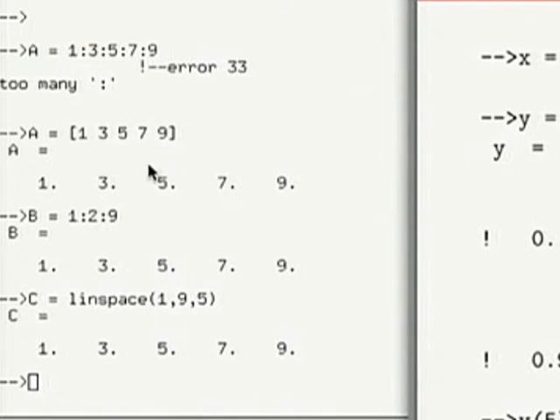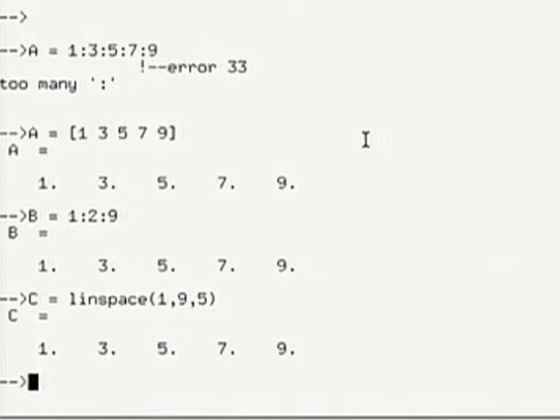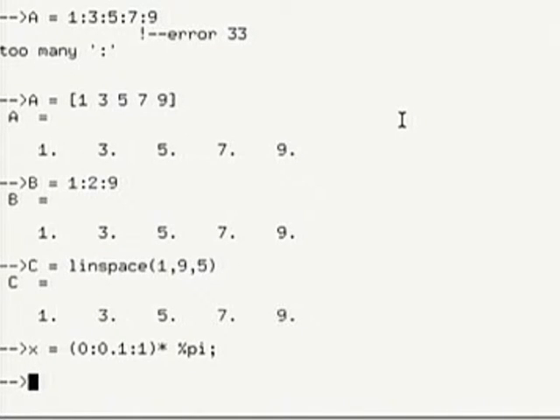The other interesting thing is, let me use this command. x equals 0 in increments of 0.1 up to 1 multiplied by %pi. I put a semicolon because I don't want it to echo the result, as the result may be several lines. If I do that, it will say column 1, 2, 3, and so on. So let's just define that. x is defined. Then I say y is equal to sin x.